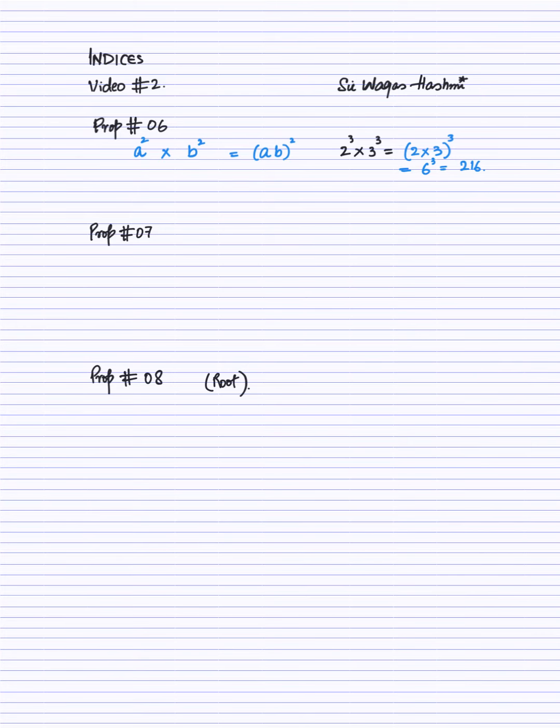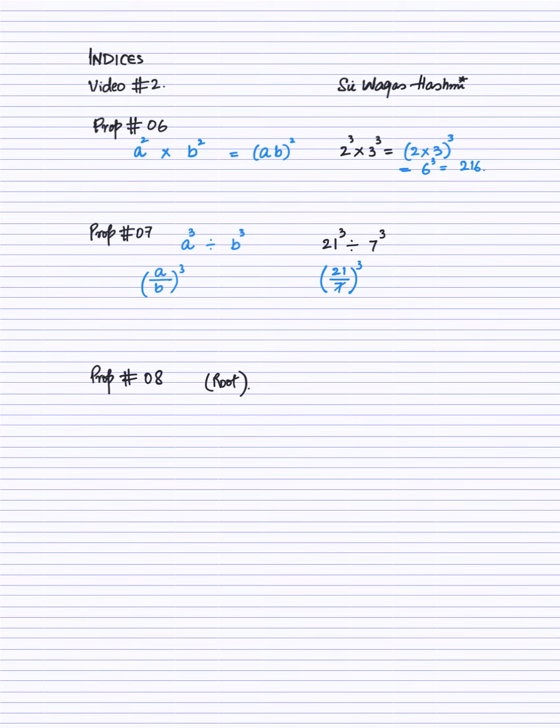Similarly, if you have different bases, again a and b, but this time they are dividing with the power of 3. Alright, so you are going to write in this form that (a divided by b) whole power 3. How are you going to apply the property? Let's suppose that you have 21 power cube divided by 7 power cube. Now you have different bases but they have the same powers. So you are going to write that (21 divided by 7) whole power cube.